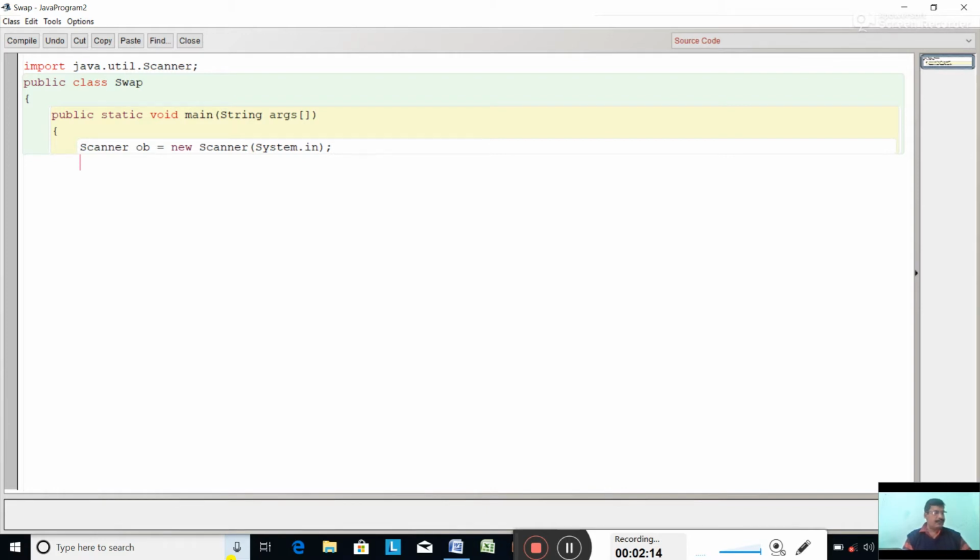Now take the numbers, take A and B. System.out.println("Enter first number"). First number will be A: int a equal to ob.nextInt().